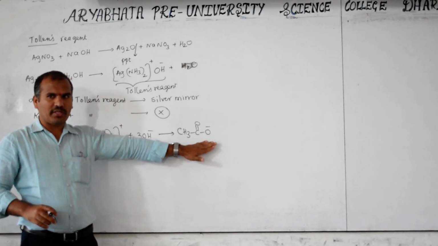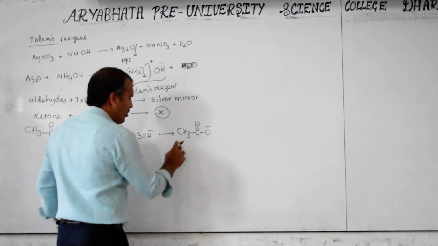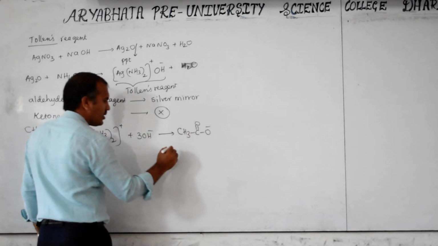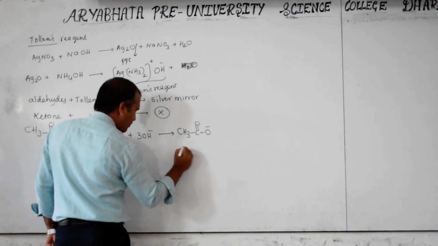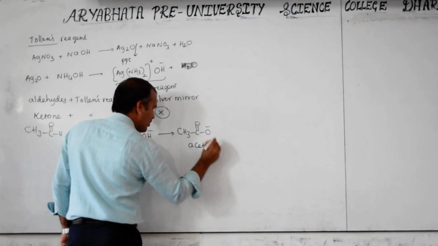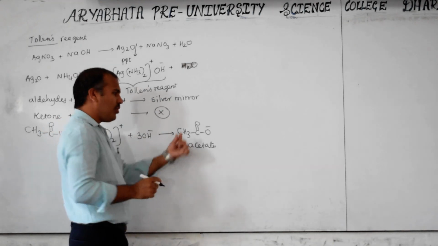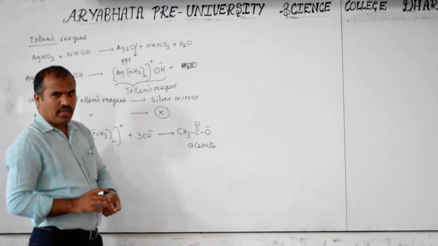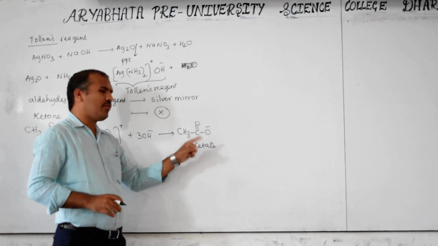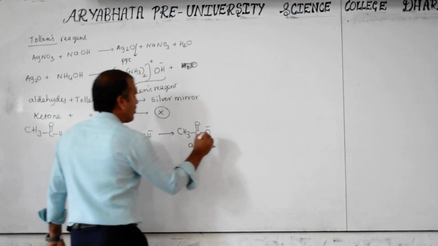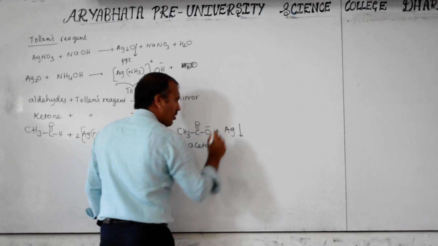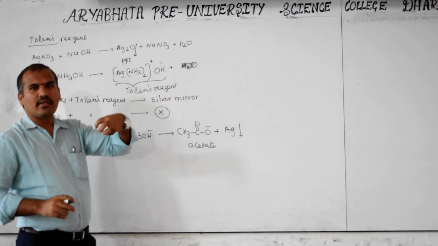But first it forms which one? Carboxylate. Which carboxylate? This is the 2 carbon acid, acetic acid. If the negative charge is there, that is called acetate. Acetate ion this is. If you do acid workup, if you add H plus like HCl, then it gains the H plus and turns to acetic acid. Now it forms Ag as a layer inside the test tube.